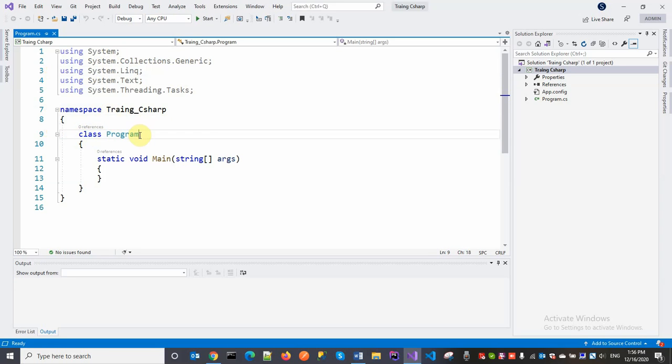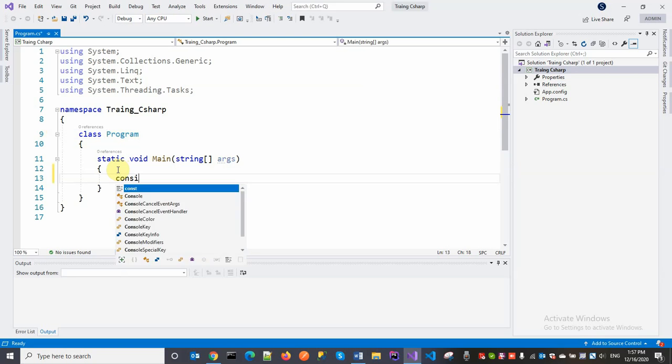Here, class Program, open the braces like that, and static void Main(string[] args), you can pass like that. So here you can write any program, any Hello World application program. So write Console dot